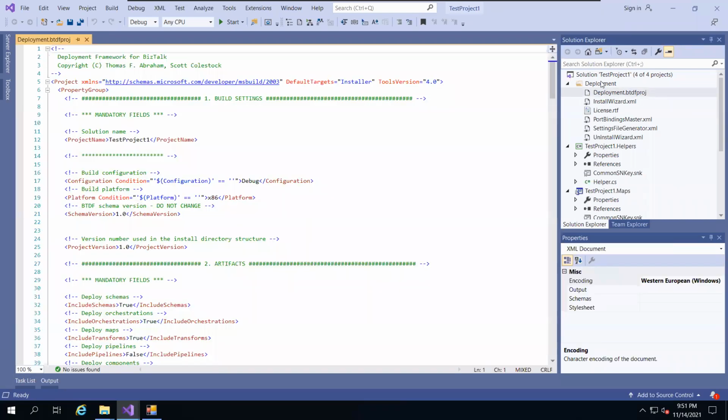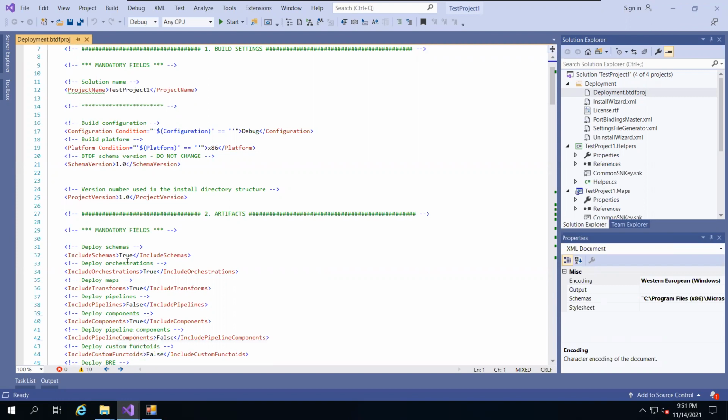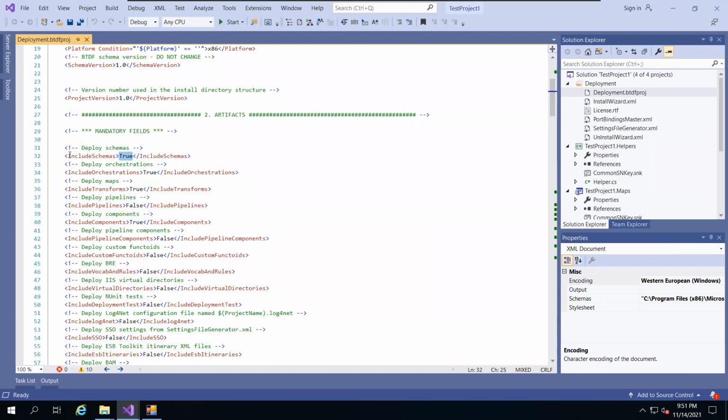These are some mandatory files which need to be added along with it, right? This is a template which BTDF expects whenever you want it for deployment. And also, if you see fields like include schemas, whether it is true or false, this information is automatically populated from your project.